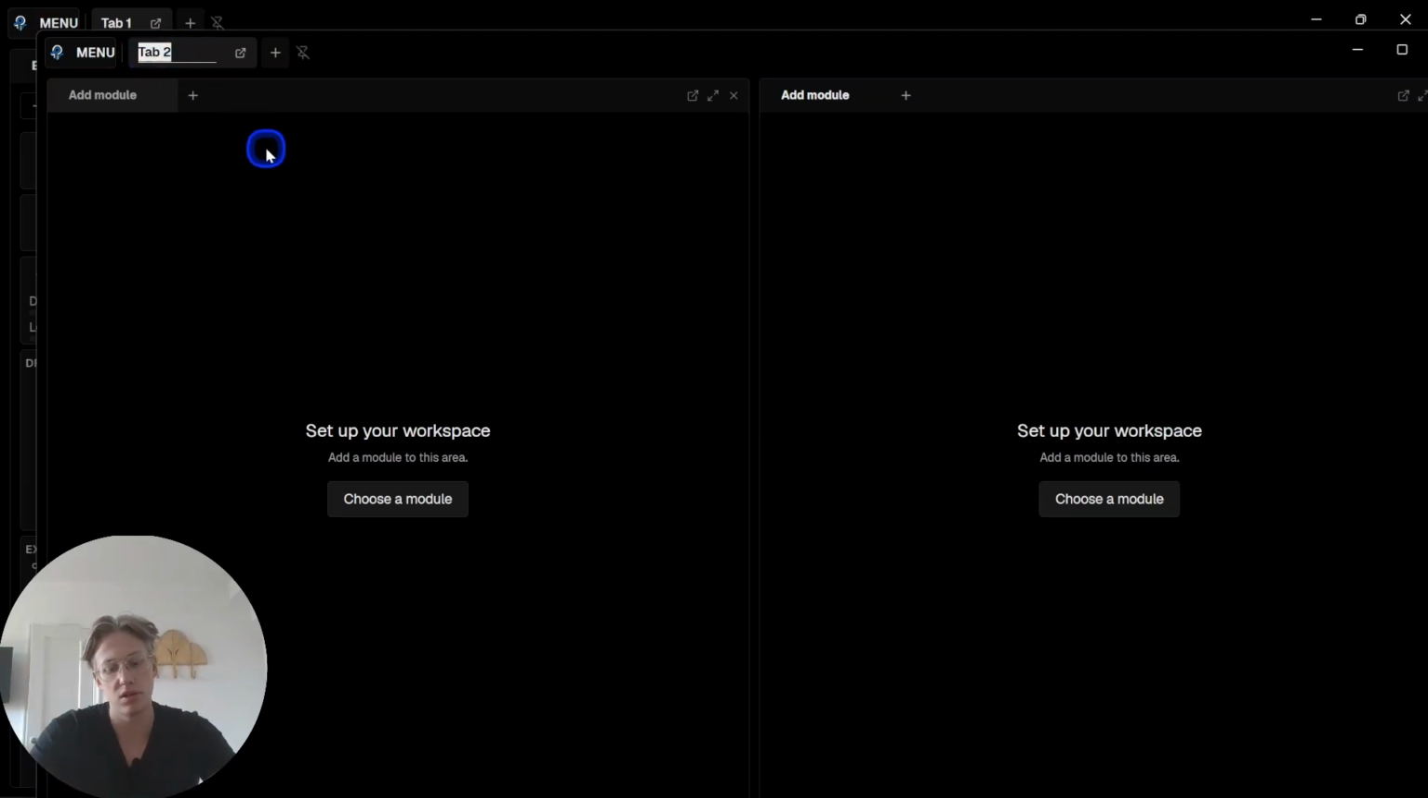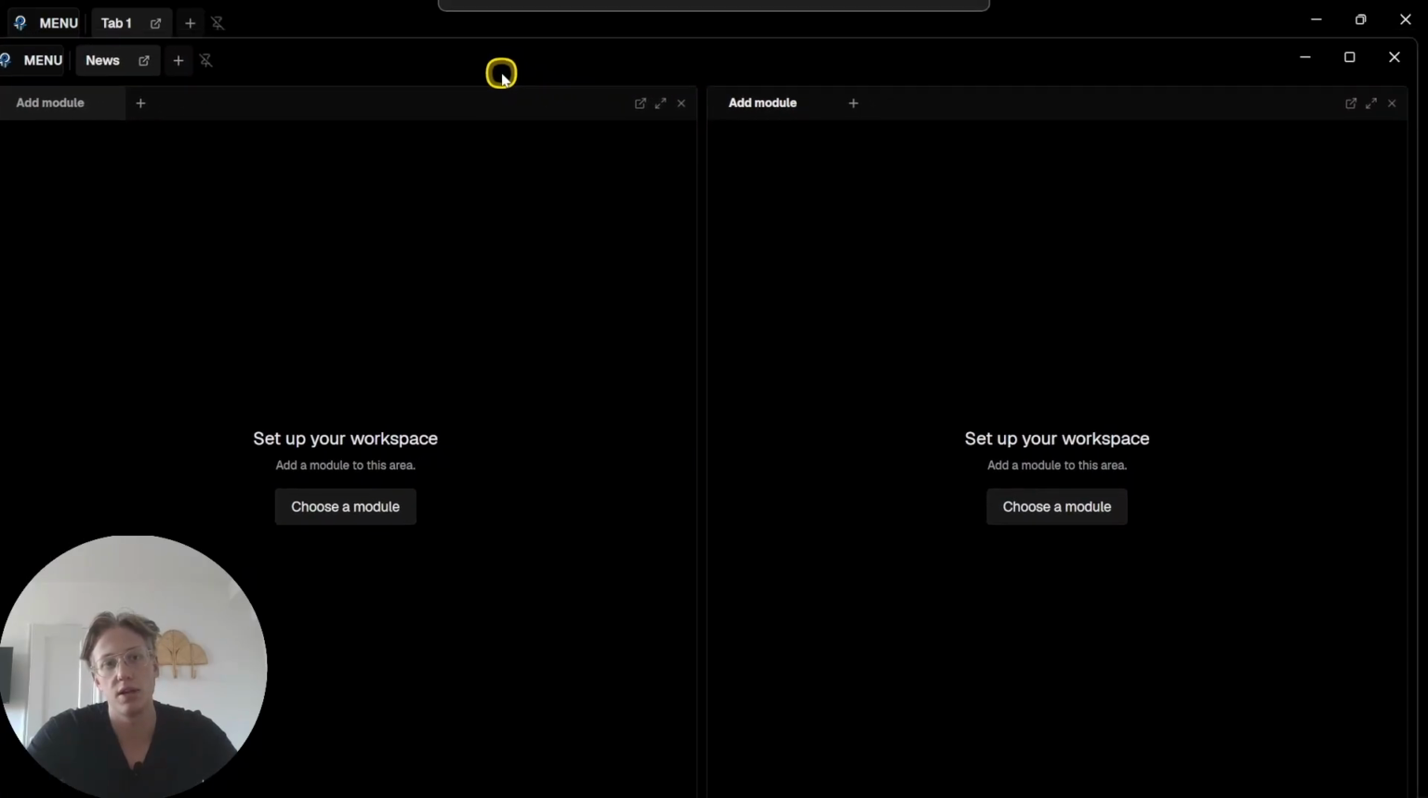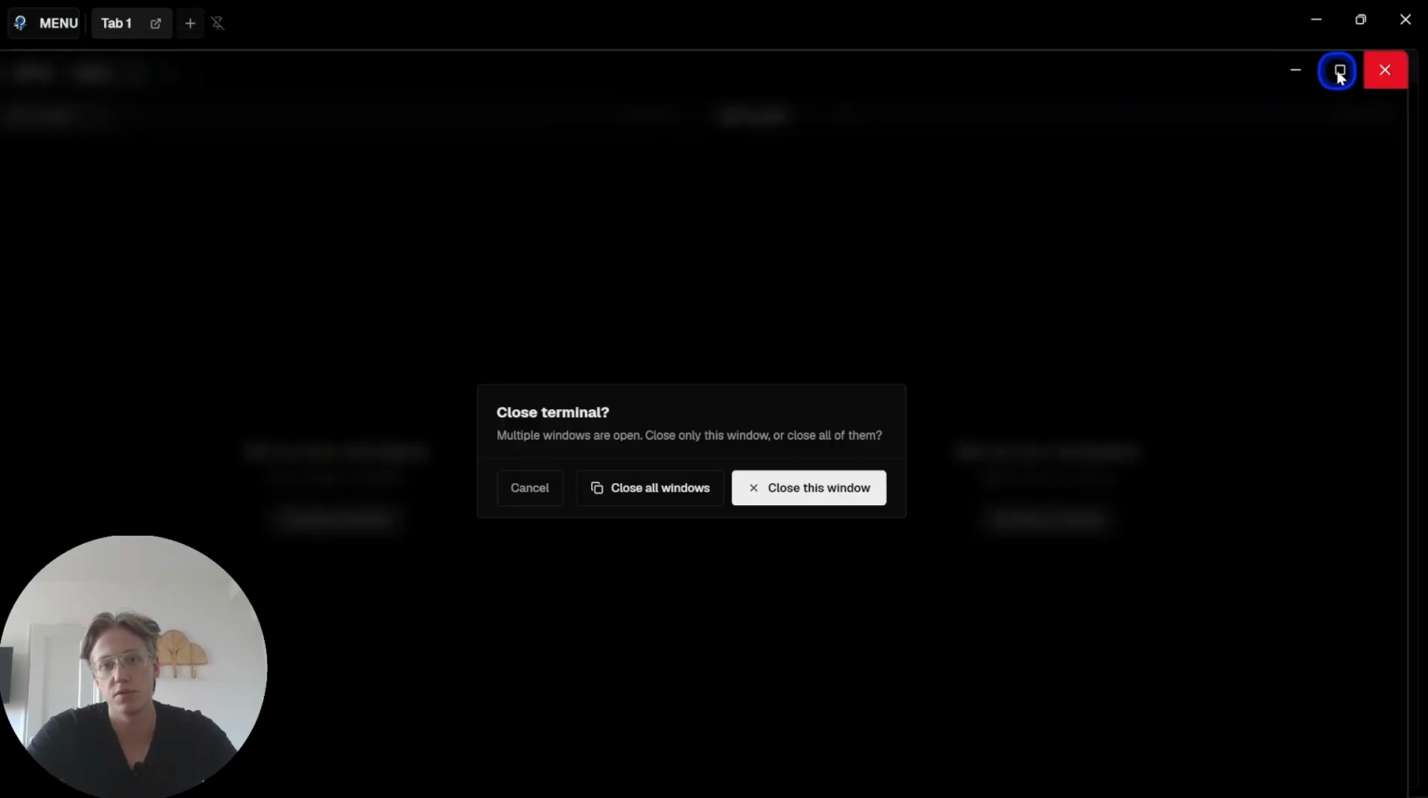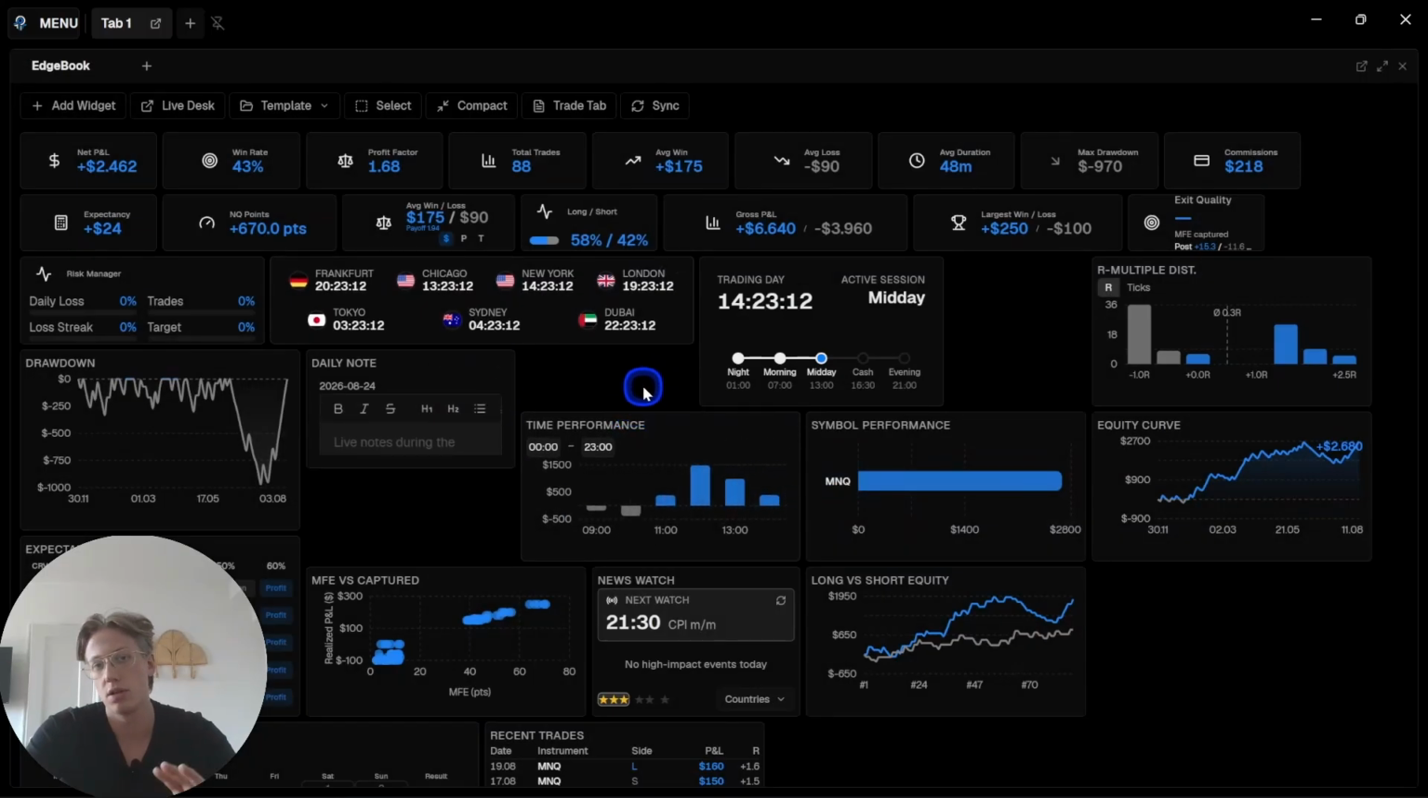For example, let's say that's just the news tab. Great, we're going to stay with that here. From now on, I'm going to close the window. Yes, I want to close this. So now we are back at this. If I want to add another EdgeBook or another kind of module,